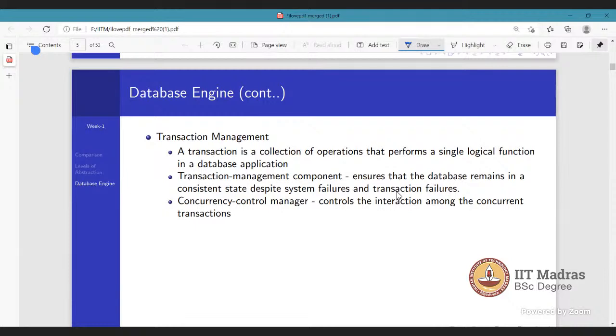What happens is that, say for example, we are performing a transaction, say transaction 1, and suddenly a system failure or a transaction failure, a system crash, occurs. So what this transaction